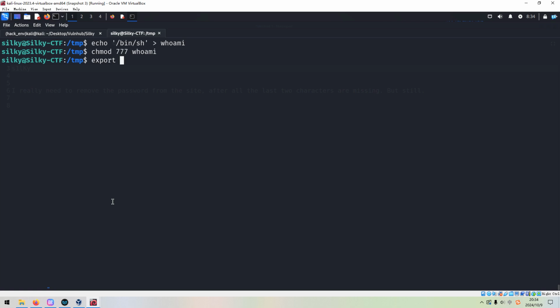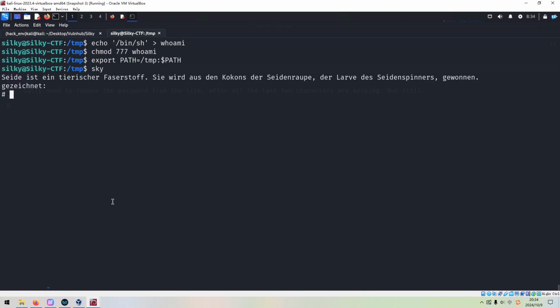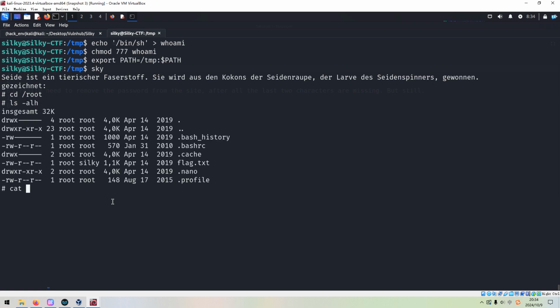And also we need to change the environment PATH variable. And then we can run it. As you can see, we are successful in escalating privileges. So then we can navigate to the root directory to grab the final flag.